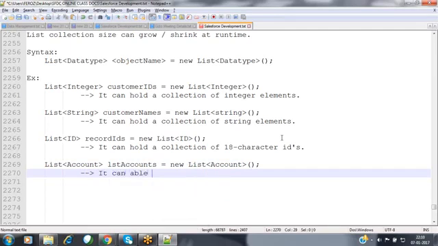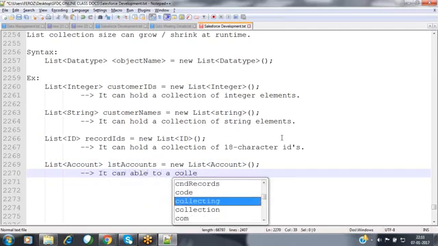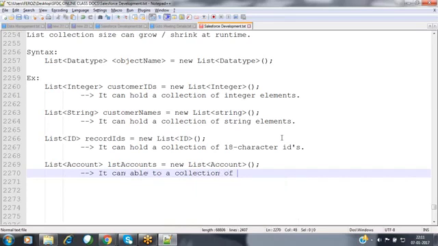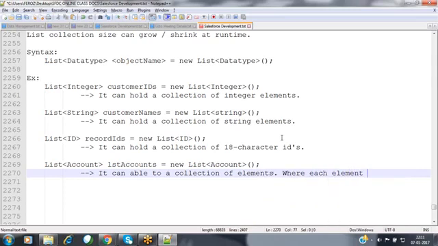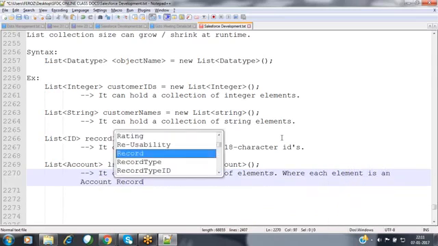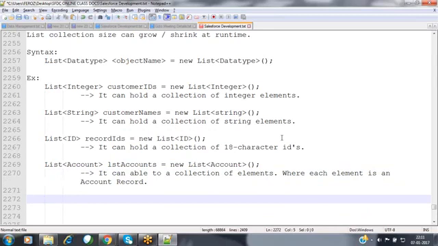It can hold a collection of elements where each element is an account record here. In that record, we can have multiple values inside.